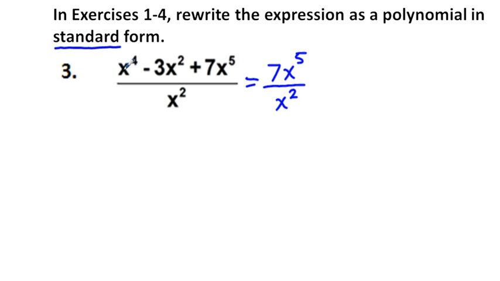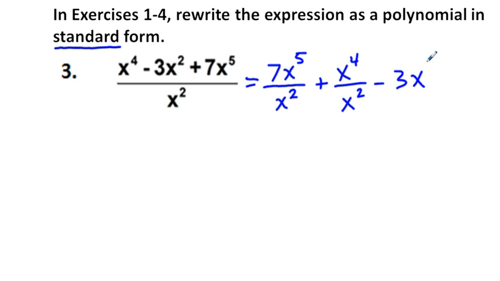And then our next highest term is going to be x to the 4th. There's no sign to the left of that x to the 4th, meaning that's going to be plus x to the 4th over x squared. And then minus